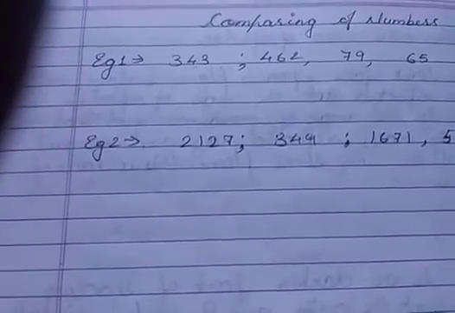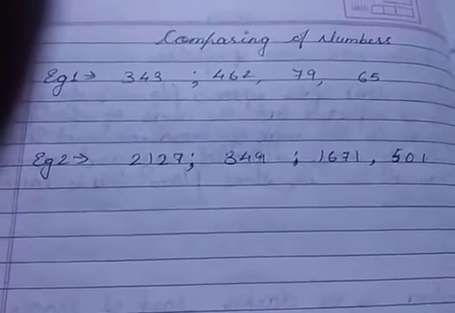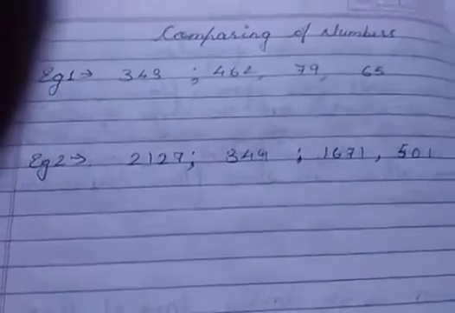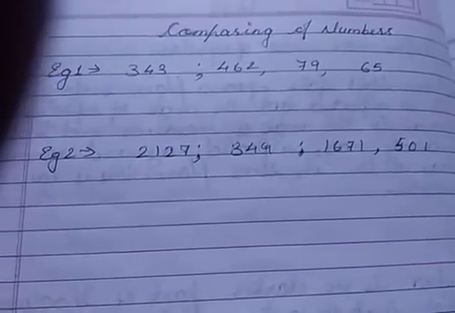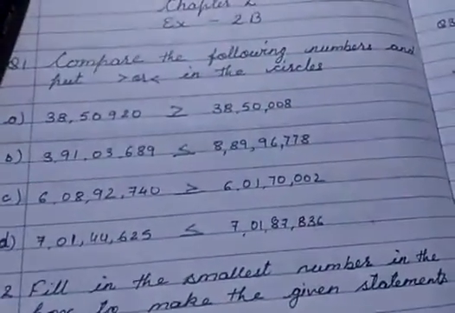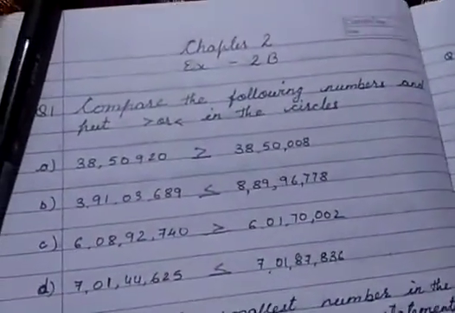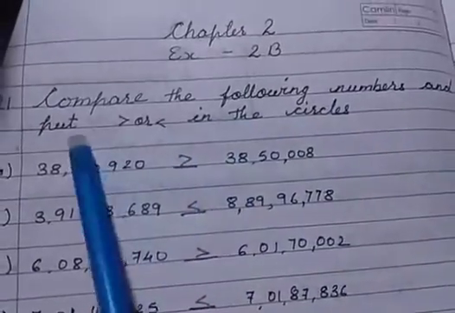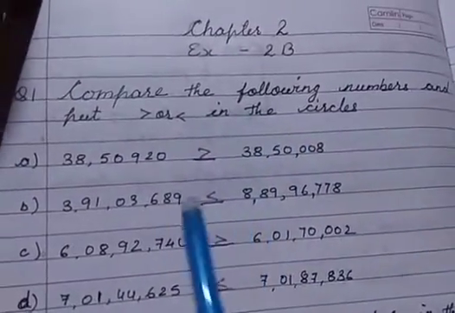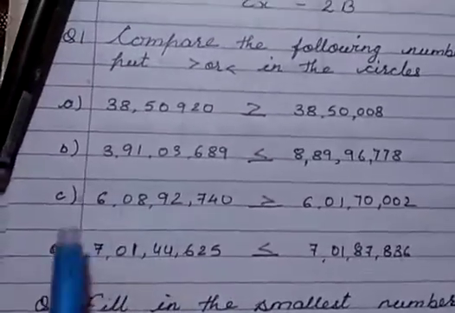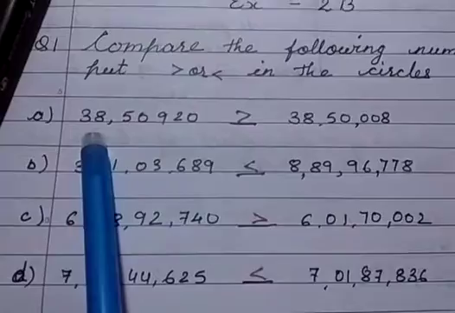Okay, I hope you understand how to compare numbers. Whenever you want to compare numbers, first find the number of digits a number carries. Okay, so come to question number 1. Compare the following numbers and put the sign in the circles. Or I have made these dashes. So in the A part, this is